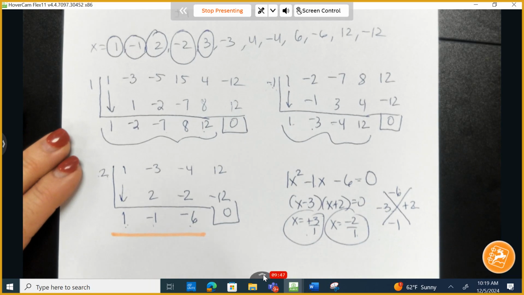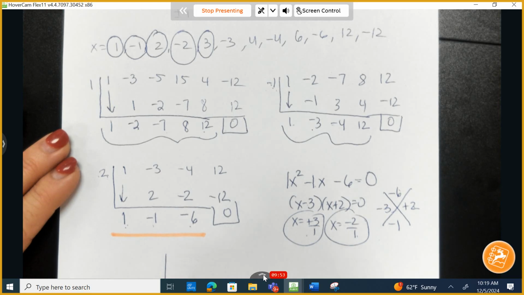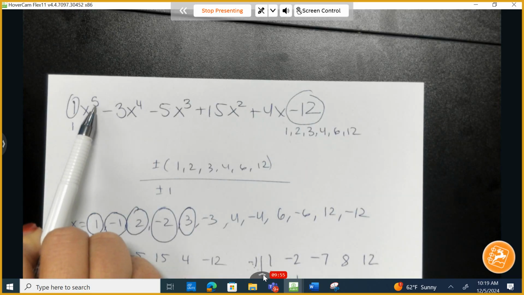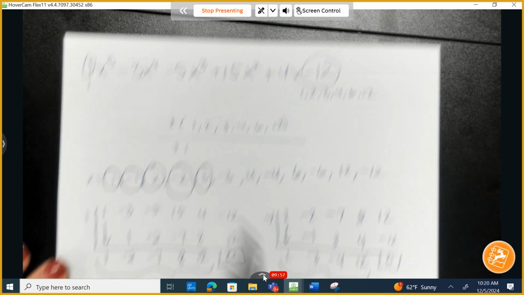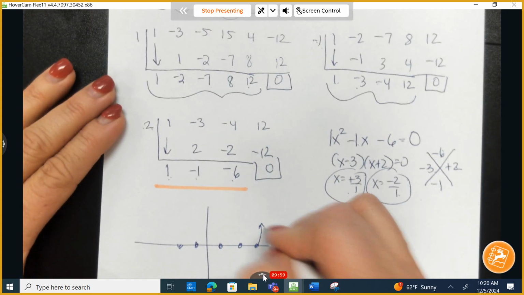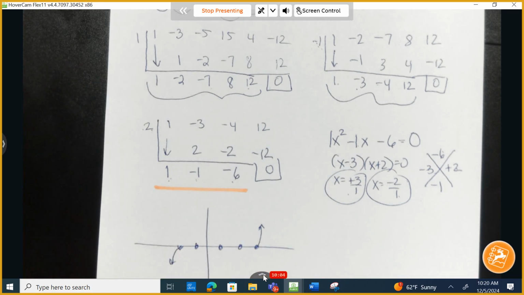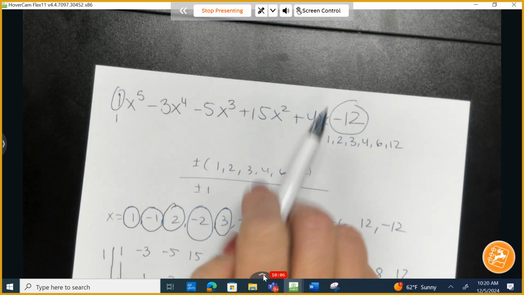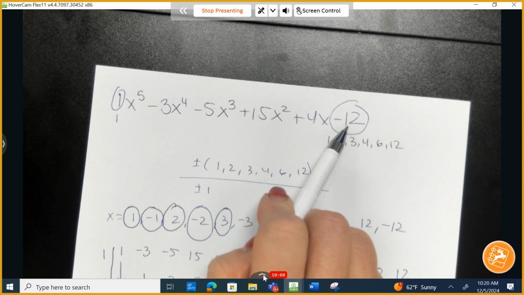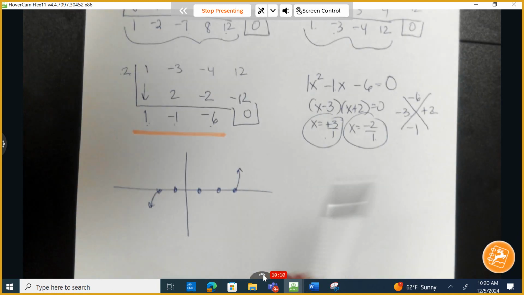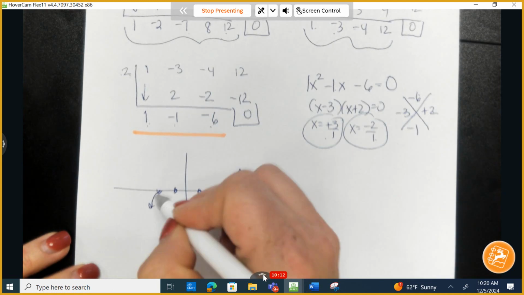Now, how would I graph those? So I'm going to go 1 and negative 1, 2 and negative 2, and positive 3. This is an odd degree and a positive leading coefficient. Positive leading coefficient, odd degree, is up on the right, down on the left, and I can see that I also have a y-intercept of negative 12. So somewhere way down here at negative 12. So it's going to come up,